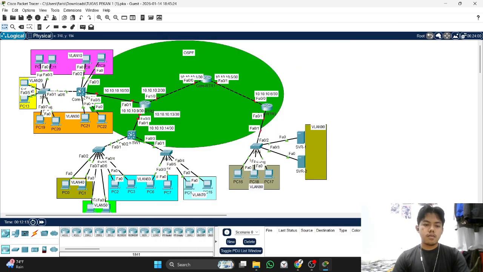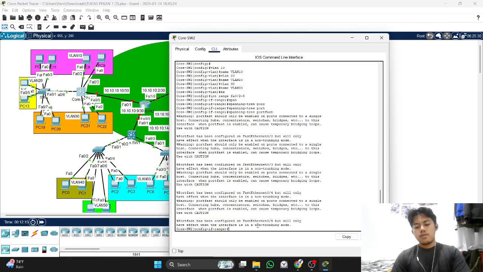Next step, we configure the VLANs for each interface. Okay, first on core switch 2, we will put VLAN 10 on interfaces FA2 and 3.